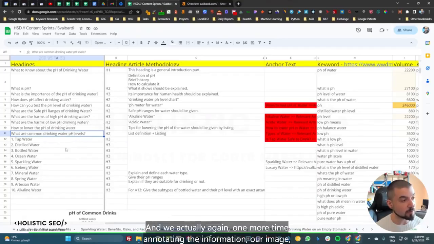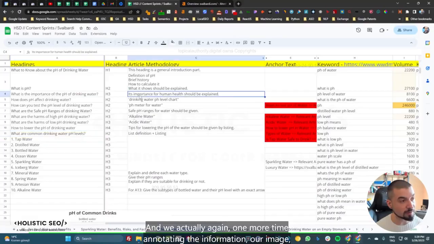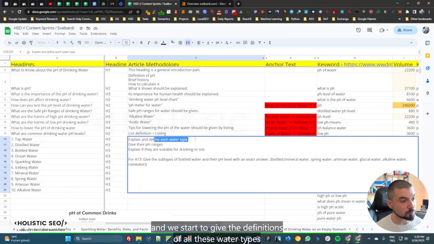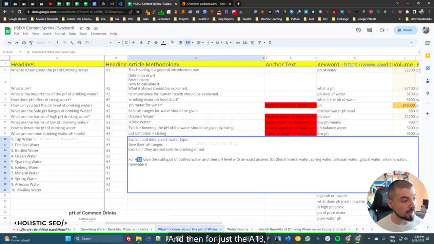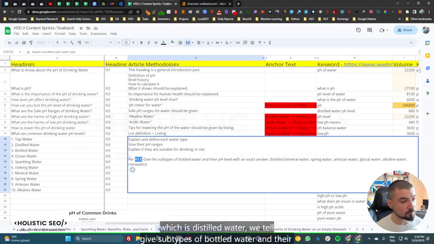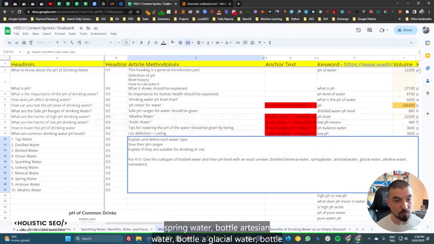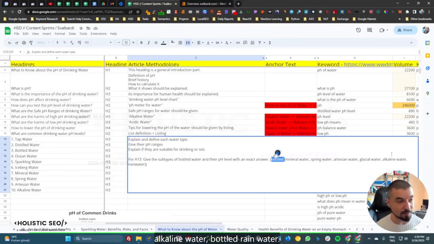We again annotate the information in our representative image, and we start to give the definitions of all these water types. Then we give their pH ranges, and we give the effect or the benefit of this water in the context of pH one more time. And then for just the A13, which is distilled water, we give subtypes of bottled water and their pH level with an exact answer, like bottled mineral water, bottled spring water, bottled artesian water, bottled glacial water, bottled alkaline water,